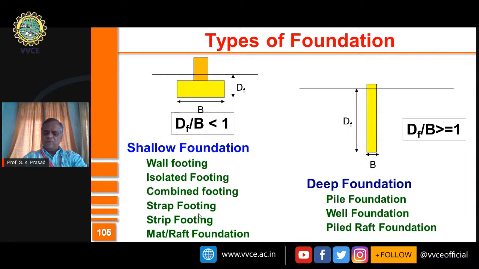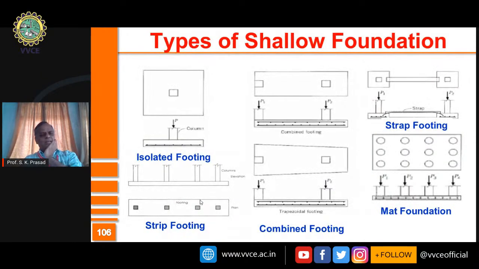And then only when we cannot provide shallow foundations, when the situation at the site is not adequate or the kind of load coming from the structure is heavy, then we have to go for deep foundation. I have mentioned to you that pile and well or caisson are the two important deep foundations. Today, we also have piled raft foundation, which is becoming more and more popular, which is a combination of pile foundation and raft foundation. And these are some of the different shallow foundations.